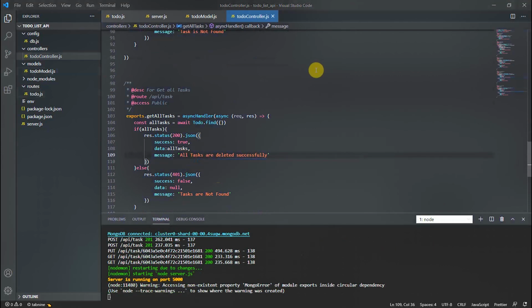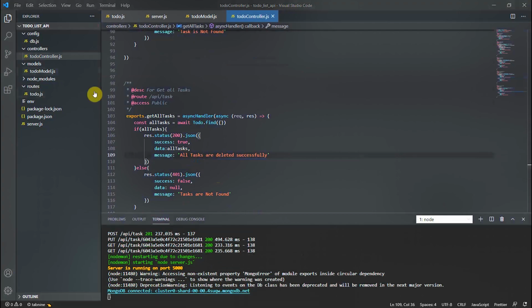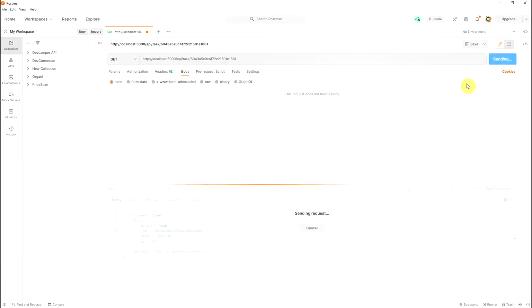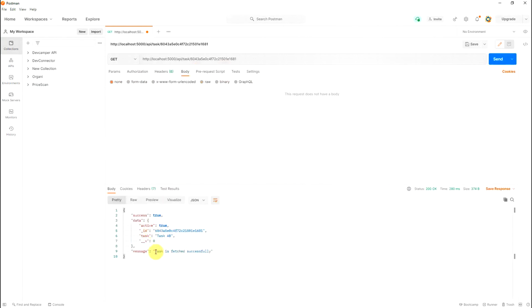Okay, now go to Postman. For get, we don't need to send any raw body, so you will get "task is fetched successfully". Now if you remove this ID, it will call get all tasks.